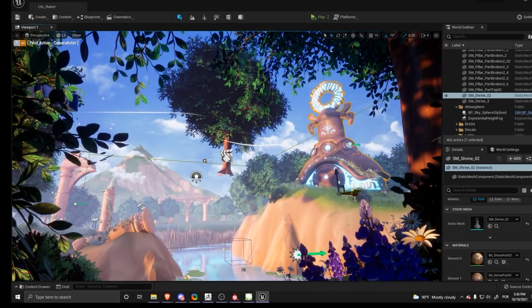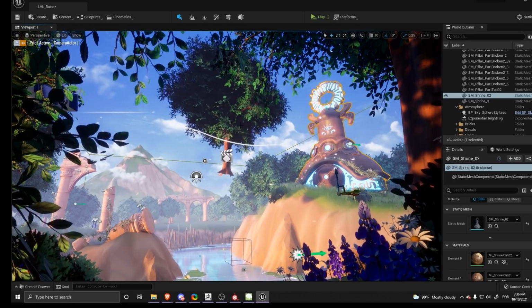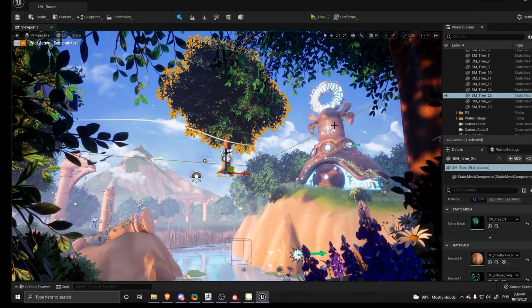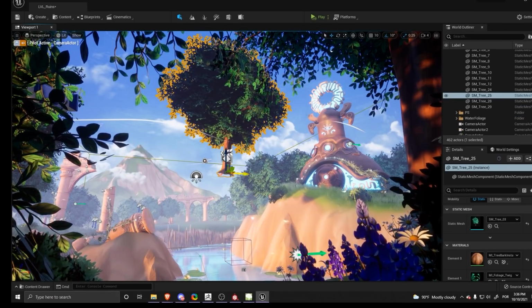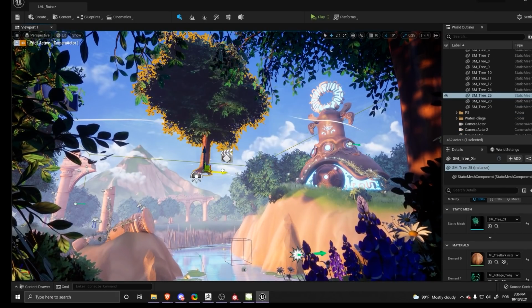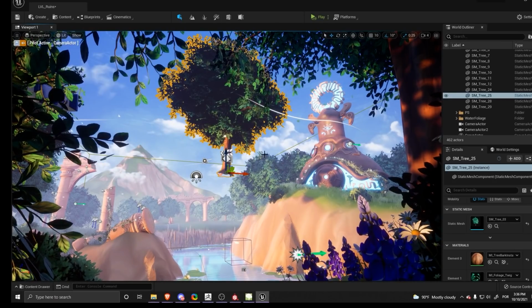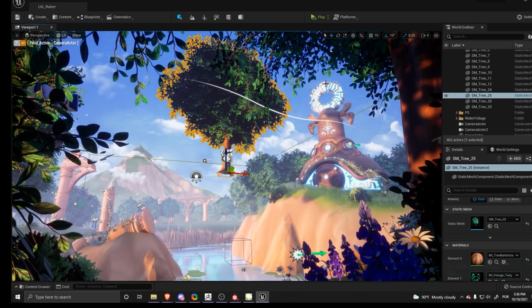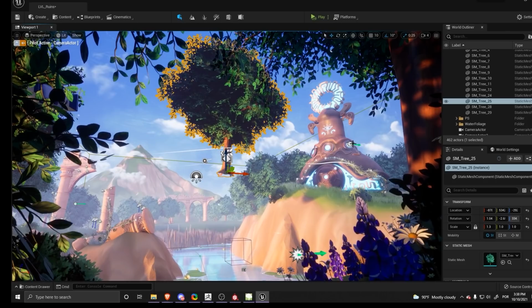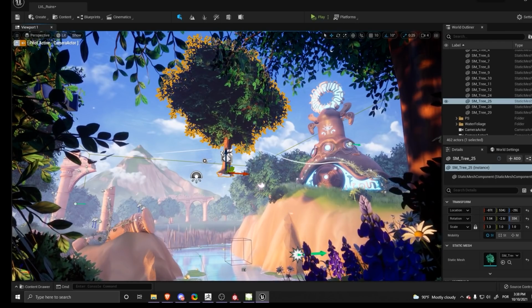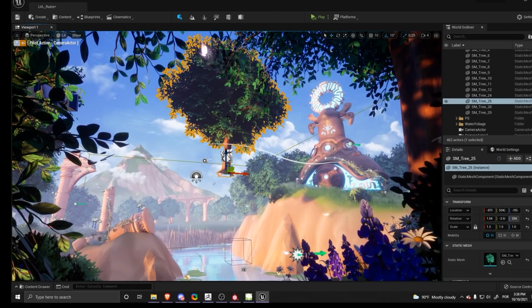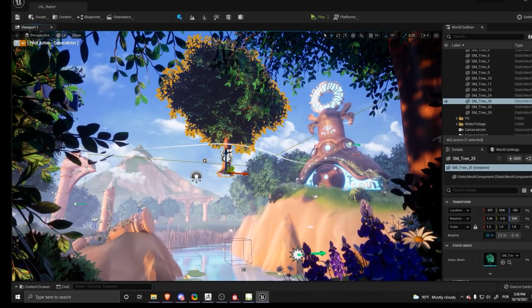So let me turn on and off the game mode. Those trees are there mostly to shape the shadows a little bit more. As I move it, you can see that this tree is making this top a little bit darker. So inside of Unreal Engine, if you want to do something similar, you just need to select the object that you want to cast the shadow.